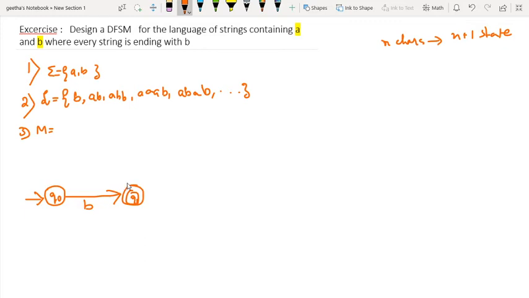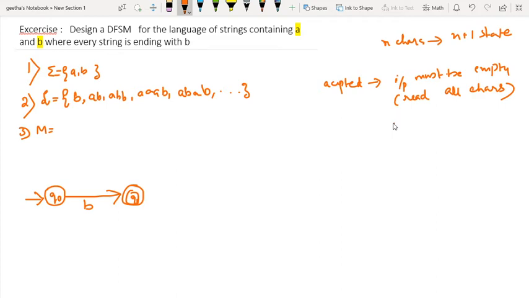Now what is next? Now we'll see, before reaching to see, this is a start state and this is the final state. So remember, when you can tell any string is accepted or not, except one thing: the input must be empty after reading all the characters. You have to read all characters in it.